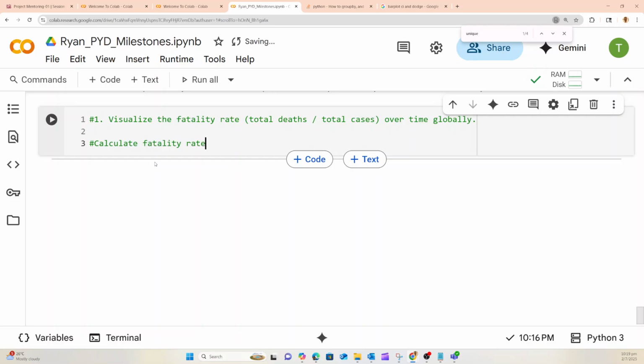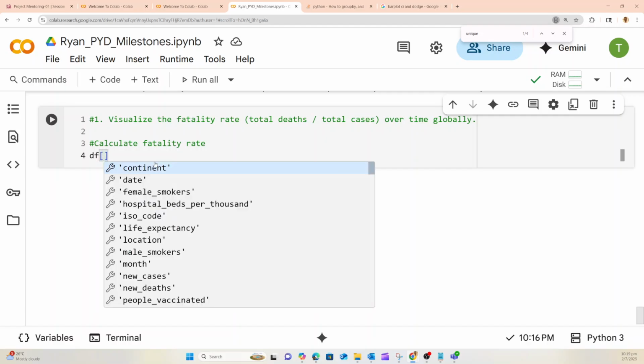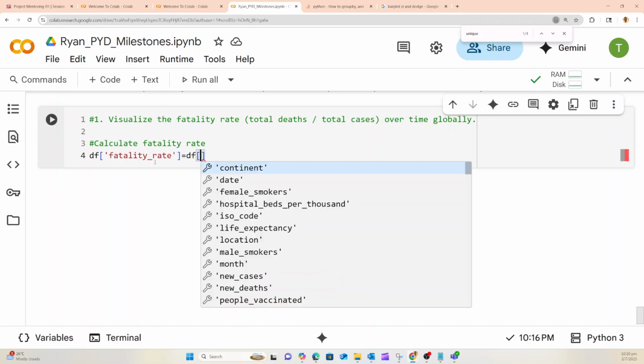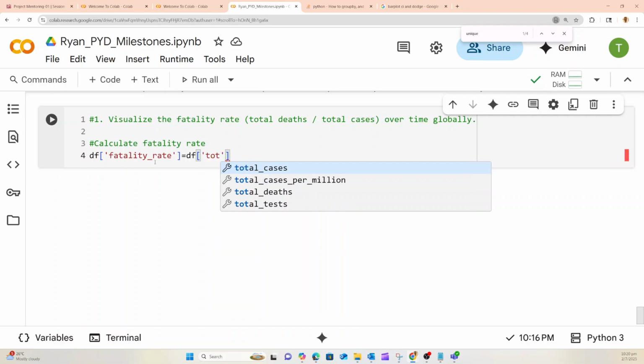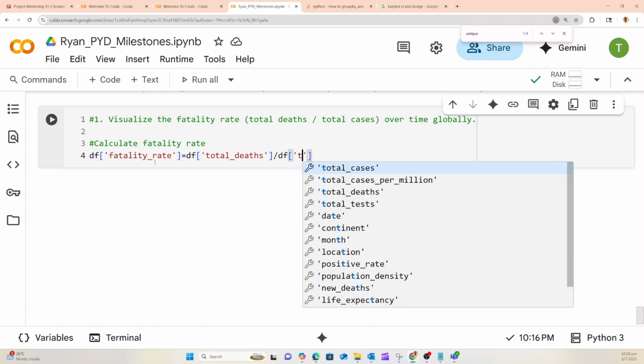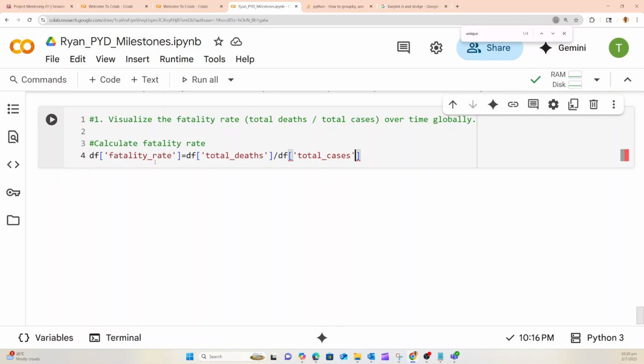The formula is total death divided by the total cases. So I create a new data frame, fatality rate, equal to the DF total death divided by the DF total cases. So this is creating the new data frame.